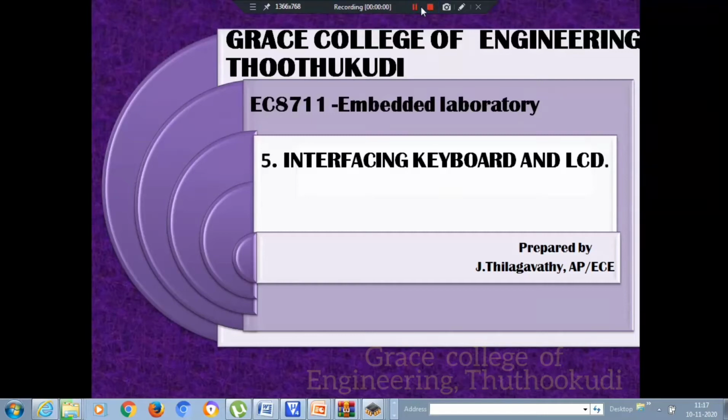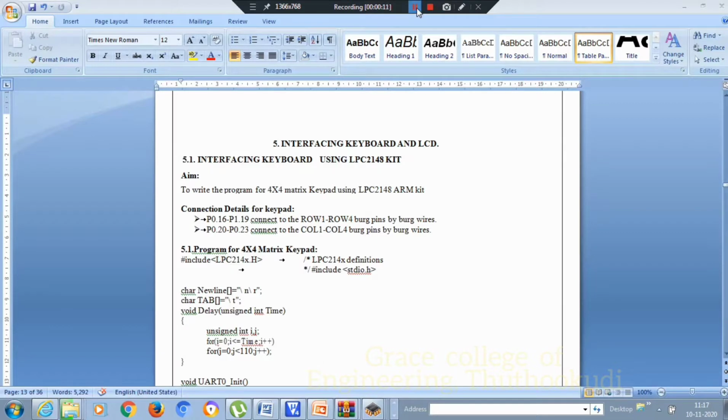We are going to see the fifth experiment, interfacing keyboard and LCD, in the embedded laboratory. This is the program for interfacing keyboard and LCD. First we are going to see the experiment interfacing keyboard using LPC2148. We are going to write the program to access the 4x4 keypad matrix which is available in the LPC2148 ARM processor